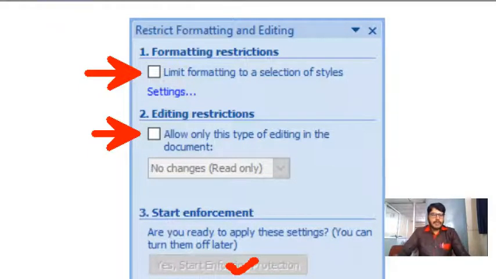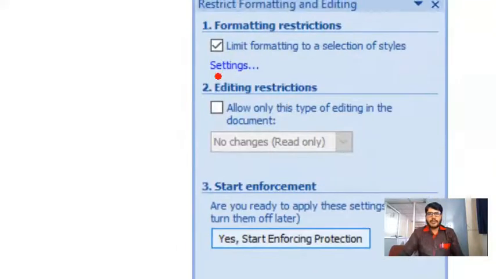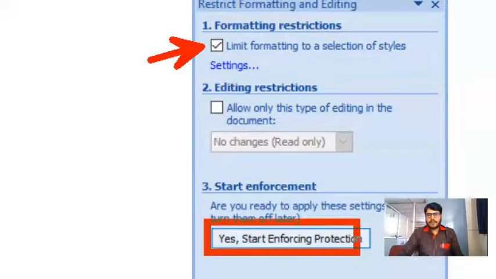Now let me limit only the formatting to a selection of styles so that a user can edit the document easily. So I'm going to enable only the formatting restrictions option, and click on Yes, Start Enforcing Protection. As you can see, when I enable this option, this button becomes enabled. So now we need to click on this button.